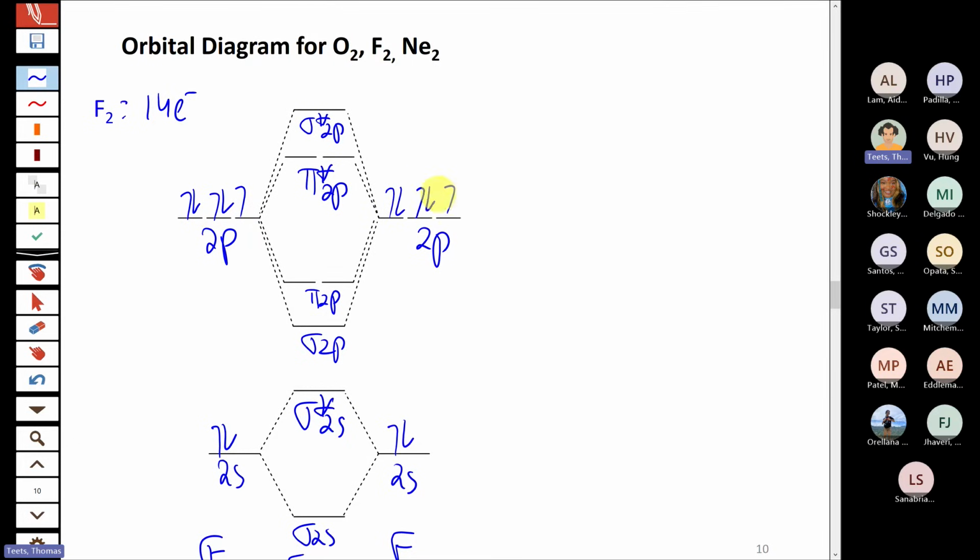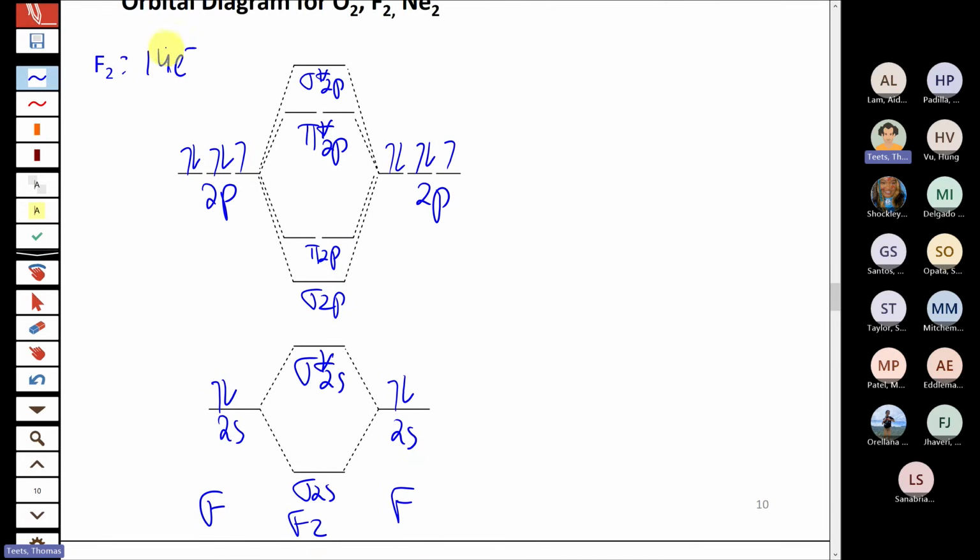And then when we populate the molecular orbitals, again, we're going to take all 14 of these electrons and dump them into these molecular orbitals from lowest to highest in energy. So we go 1, 2, 3, 4, 5, 6, 7, 8, 9, 10, 11, 12, 13, 14. So in this case, we just add those 2 additional electrons into pi star 2p as well and completely fill it. So we will predict that fluorine is diamagnetic.